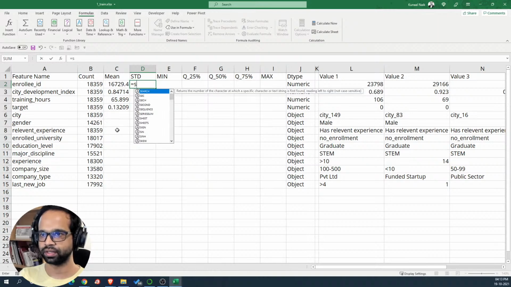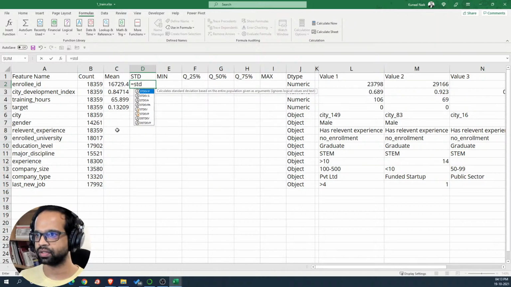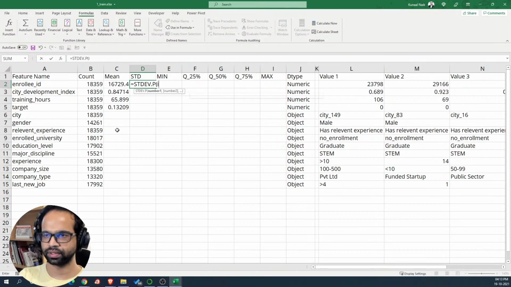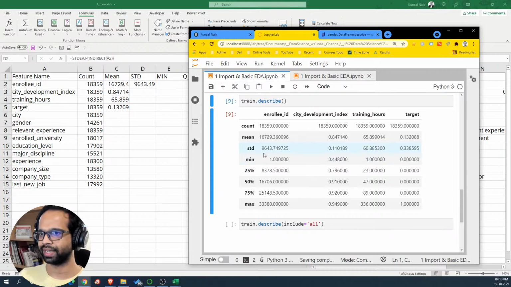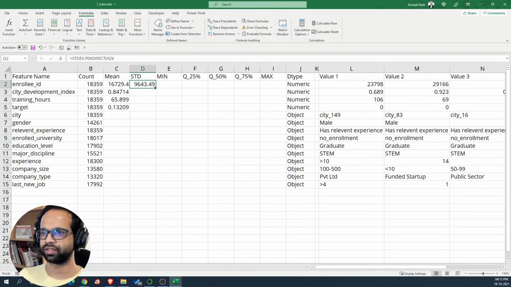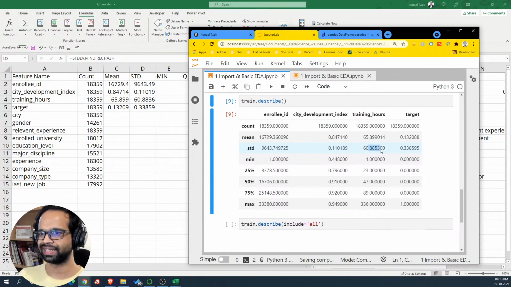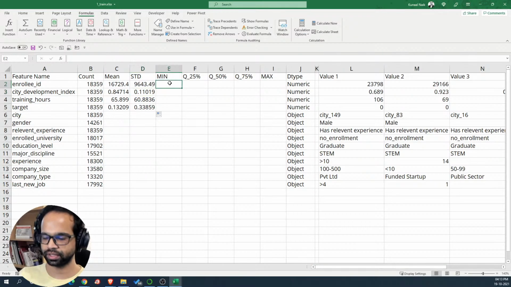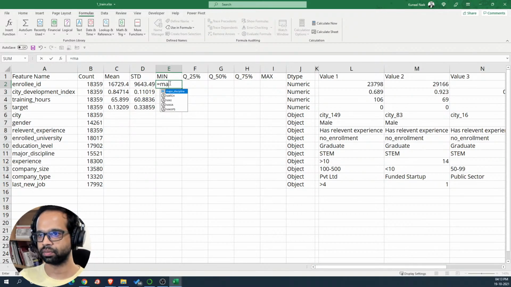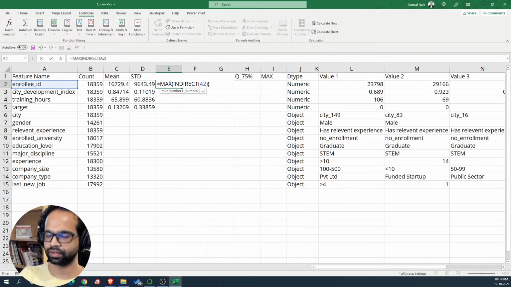We can say standard deviation of the population, INDIRECT of this. Am I close to it? Yeah, 9643. With several functions it's easy to go wrong. 1160 and 0.93. Yes, I'm getting those results. This is good. MAX of INDIRECT of this, close the bracket,